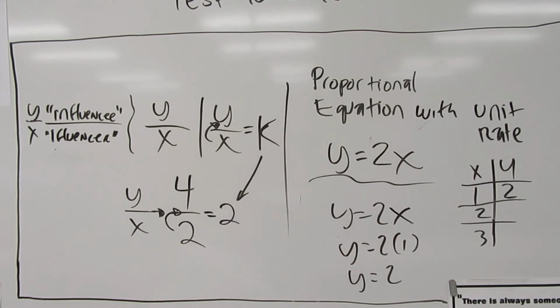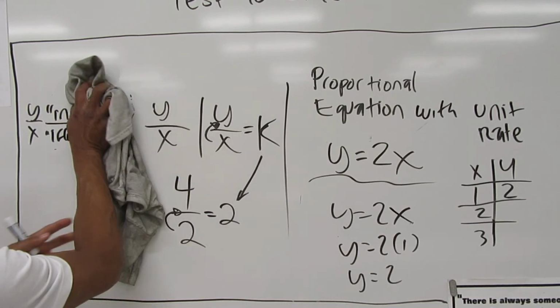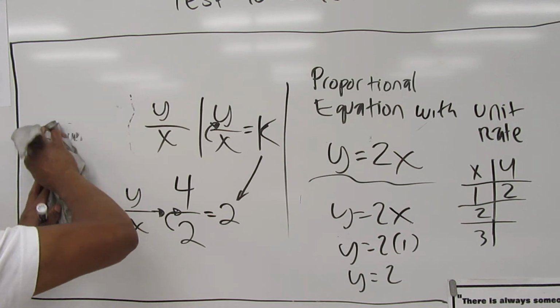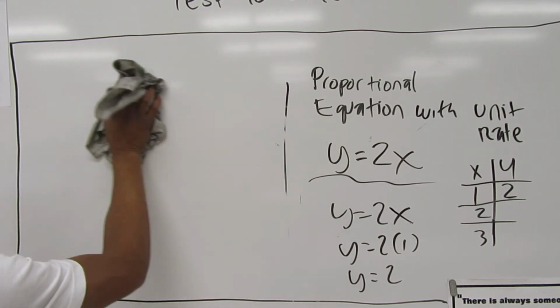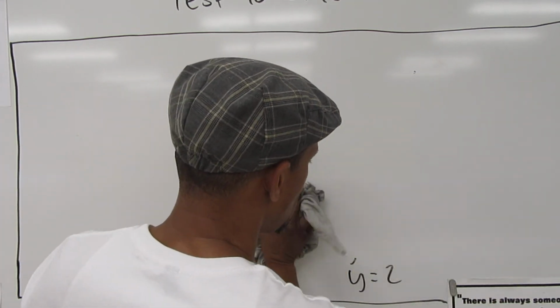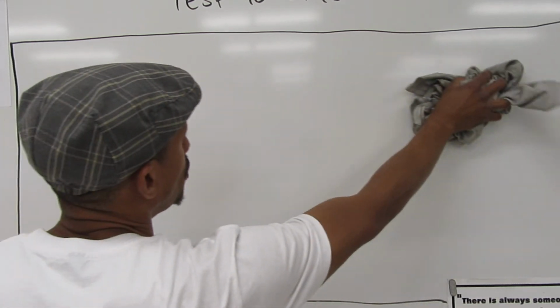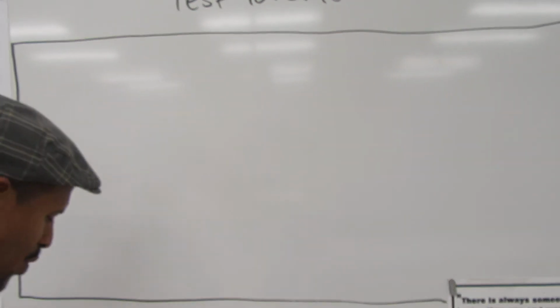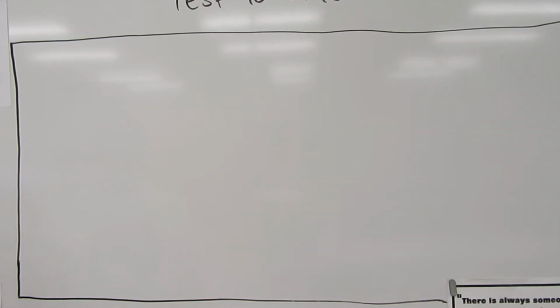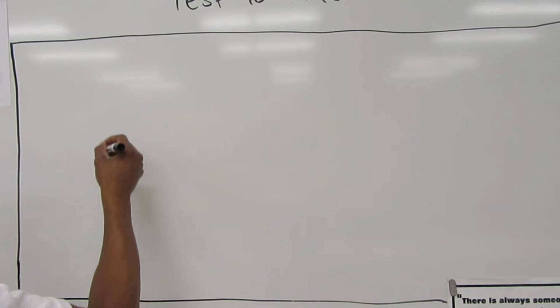So now let's erase. And let's talk about the other component. If you do not feel like putting influencer or influencee and doing all the other parts of it, you do not have to do it. But what you must do is go ahead and create the ratio and answer questions. So let's go ahead and talk about the chicken crossing the road one. I think the chicken crossing the road is that you would get an El Pollo Loco gift card for $5 if you return one chicken. So if we look at that one,